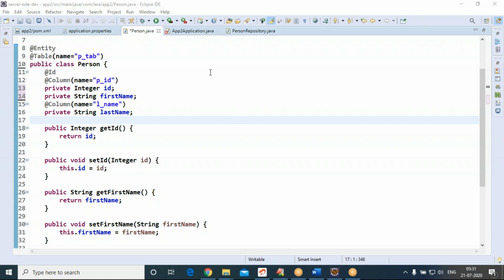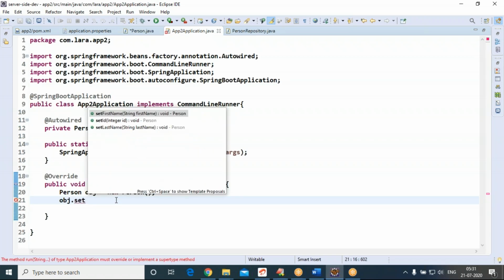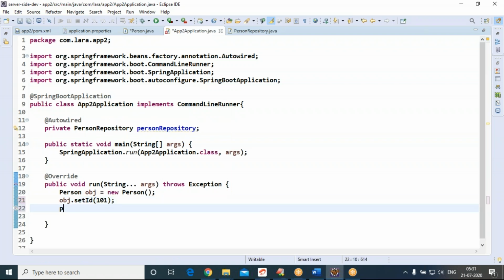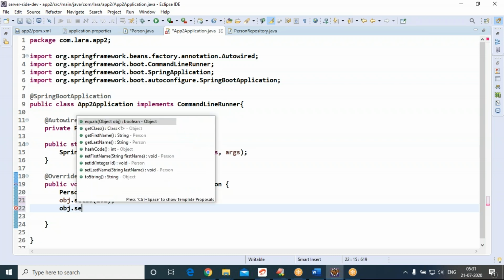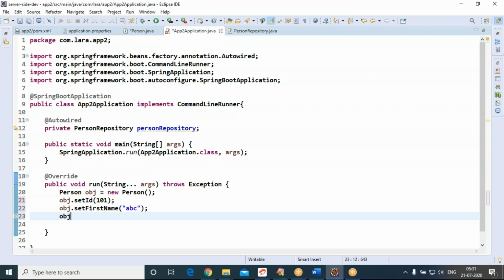Now come back to the app2 application class. You can go for setId. I'm setting ID as 101. P1 dot setFirstName. Let me set first name as ABC. setLastName, let me set XYZ as the last name.